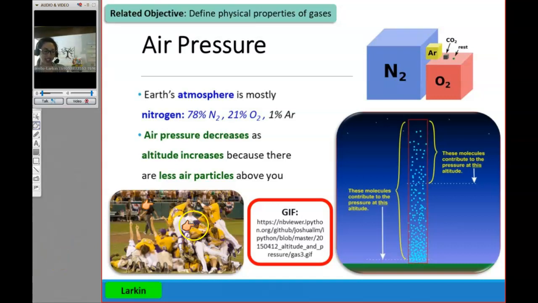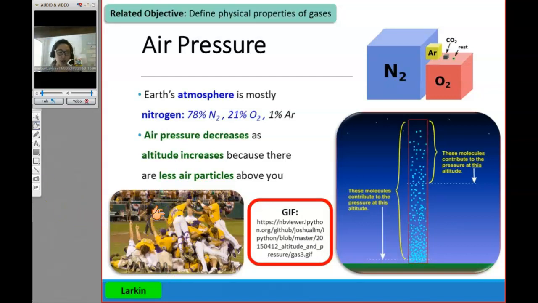Yes, less oxygen up there. Yeah, this is a dog pile. Huddling, I think, would be much nicer. These people are actually jumping on top of each other. So this is a dog pile. And what I want you to think about is, who would you rather be? Would you rather be the person on the bottom of the dog pile or on the top of the dog pile, and why? Tell me in the chat box.